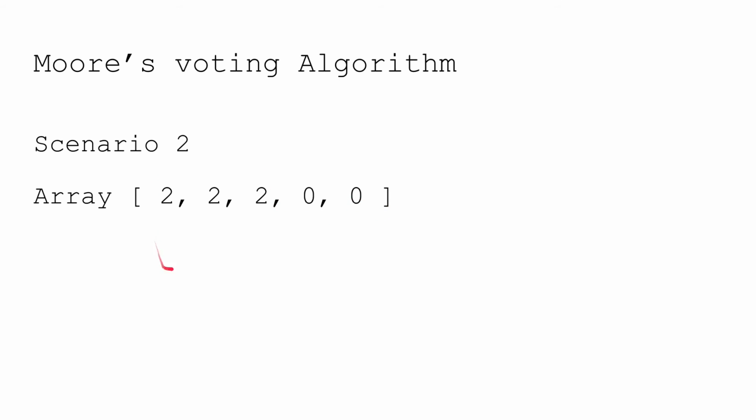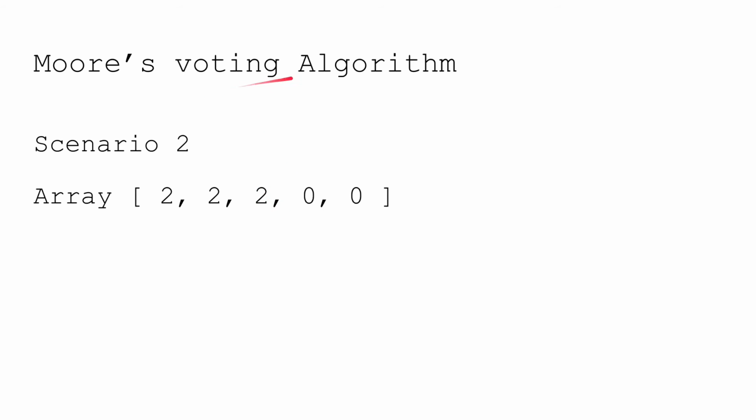For example, if you consider this array which has 5 elements, that means the occurrence of the majority element for this array should be greater than half of the size of this array, which is greater than 2.5, that means 3. Also you can think in this way that the occurrence of these two will get cancelled with this element, the occurrence of these two will get cancelled with this element, but the occurrence of these two will remain, right? No one is there to cancel this occurrence. That means this is the majority element.